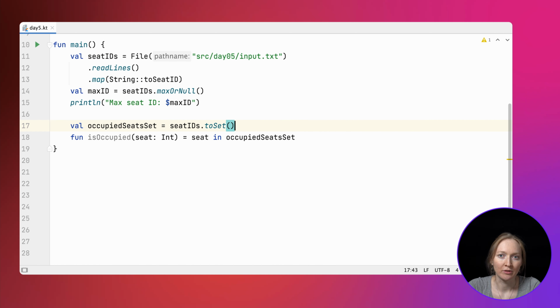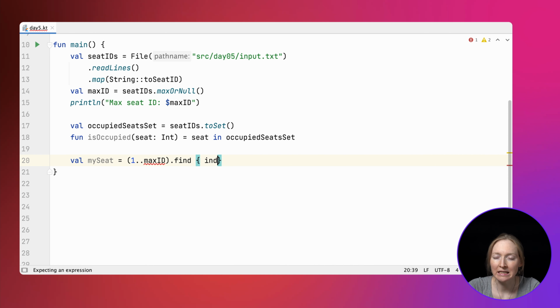Kotlin allows us to create local functions, in other words, functions inside other functions. That's really convenient for such short and simple cases. The isOccupied function captures the outer variable, occupied seats set, and we don't need to pass this set explicitly as a parameter.